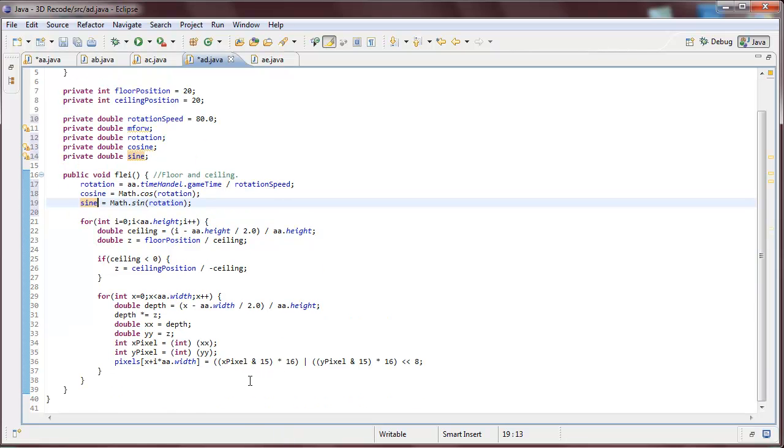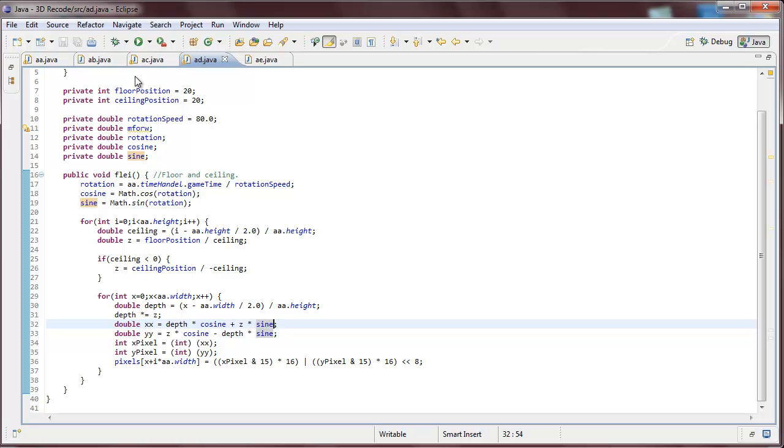Now we're going to combine them, and the best way of doing this is probably to do times cosine, maybe times cosine minus depth times sine, because both of them are in the same math, but in different ways. So we're pretty much going to do depth times cosine plus, maybe, times sine. This is basically the same thing with exactly the same things in, but they're different. So if we run this now,